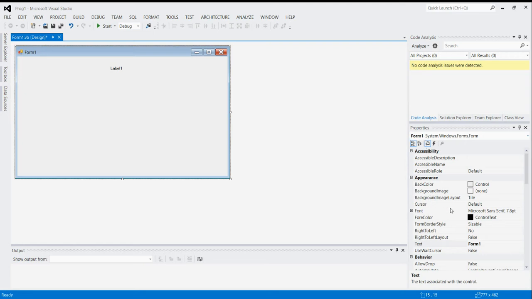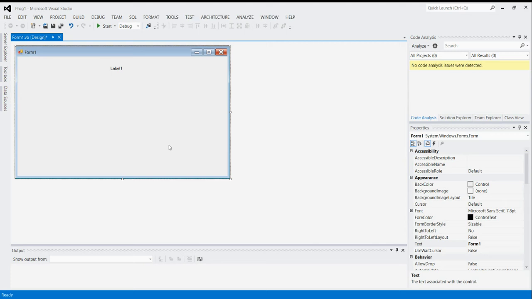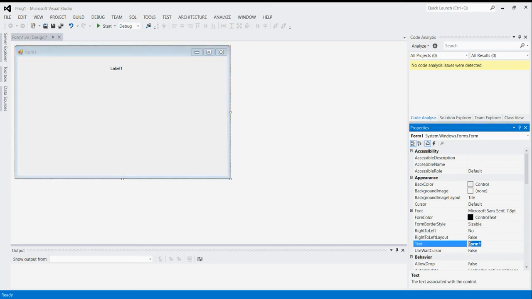If I have to change its name, I must go to the Text property of that form. First of all, we have to check that our form is selected, and after that we check that Form1 appears in the properties window, and in it we can change the Text property.